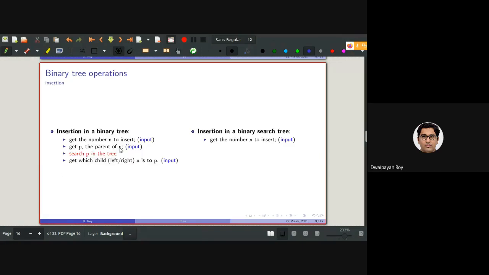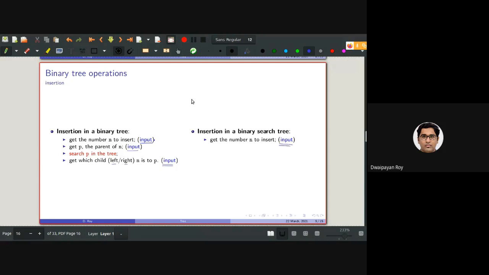And for the insertion, as compared to binary tree, where we needed to take the number which we want to insert as input, the parent as input as well, together with whether it will be left or right subtree, for binary search tree the only thing that is needed as input is the number.